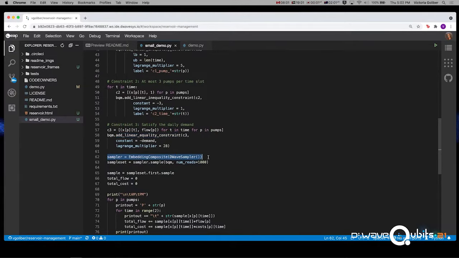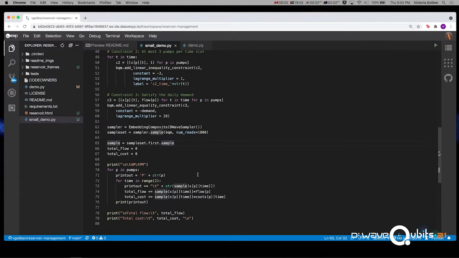Next, I'm going to define my sampler. So I'm going to run this on the quantum computer. So I'm not going to use one of the hybrid solvers or anything. We're going to run this directly on the quantum computer. And so when you run problems directly on the quantum computer, we're going to use the embedding composite as well and allow the Ocean SDK to figure out where and how to fit our logical problem onto that physical chip structure. So I'm going to define my sampler, and then I'm going to sample my binary quadratic model. Since the QPU is probabilistic, I'm going to run this problem 1,000 times. Sounds like a lot, but you'll see how fast that really is.